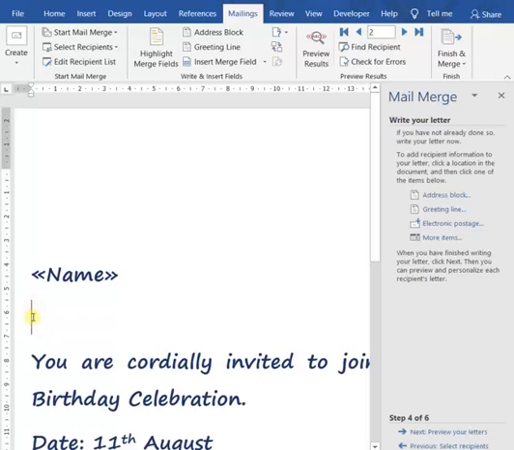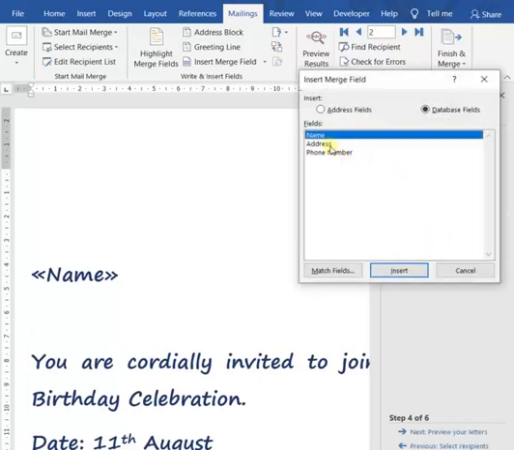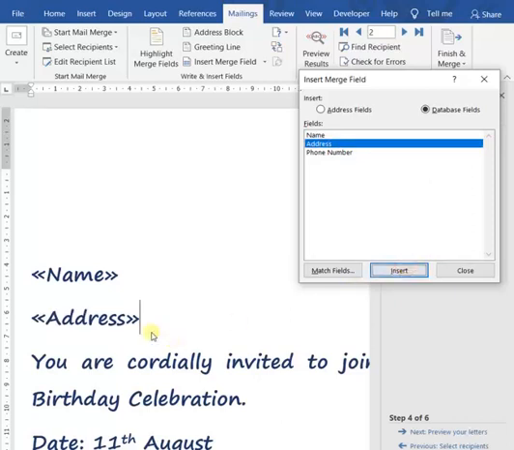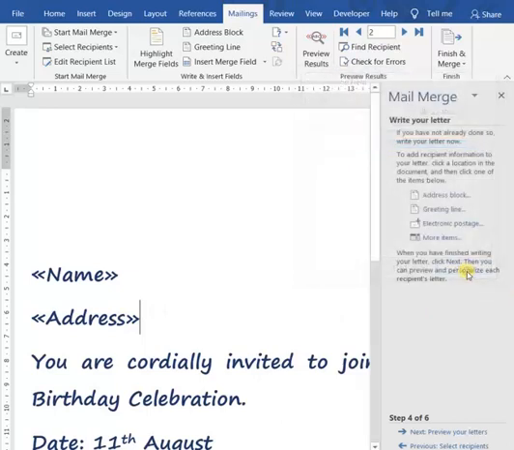So at this position I want the address of the receiver or the recipient to be written. So I will place my cursor here. I have set the position for the address of the recipient. Now again I will go to more items. Now here I will select the address. Now click on insert. So the address field will also be inserted here. I don't want the phone number, so I am closing it.